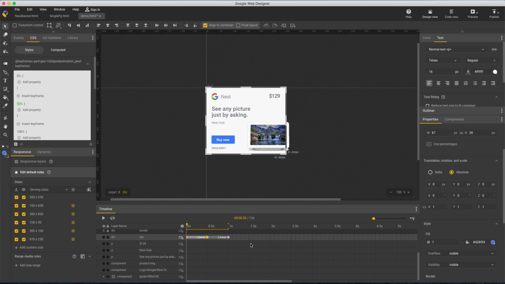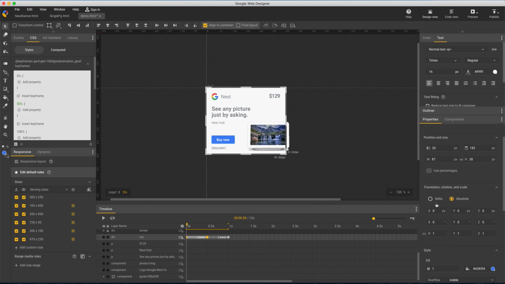Now shift click to select those first 2 keyframes, and I want to move it 3 clicks left. But watch over here in my properties panel. I want to change translation, not left. Left is being changed in all those sizes with overrides, so I don't want to disturb it. With my arrow keys, I've set a negative 30 pixel translation. I'll also set my opacity to 0. Then scrub the timeline to see the effect.